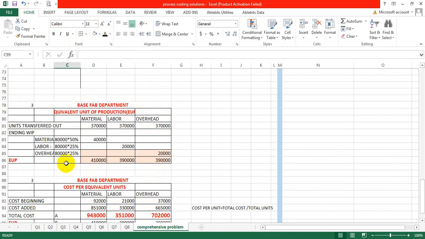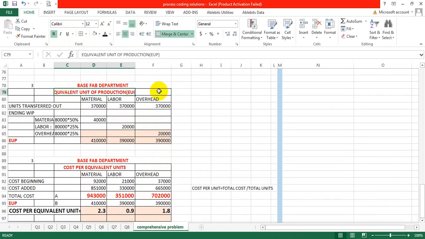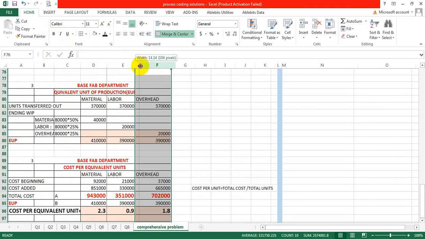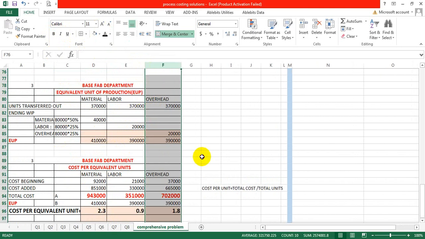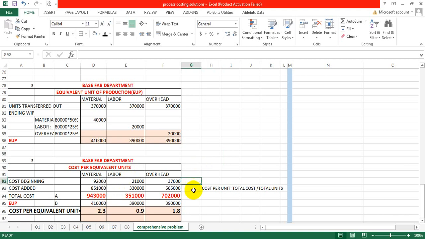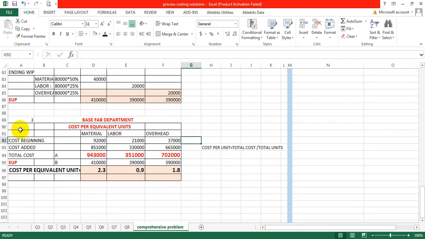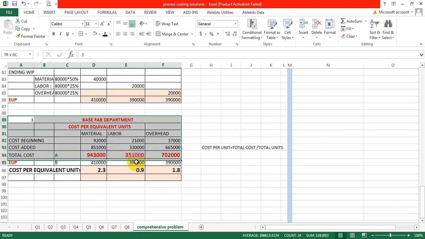So for both things we have calculated the equivalent unit of production, and the second thing is the cost per unit. Okay, now we need to calculate the ending inventory cost and cost of ending inventory and unit transfer out cost. So we will calculate very easily the ending inventory cost and cost of ending inventory. Okay,